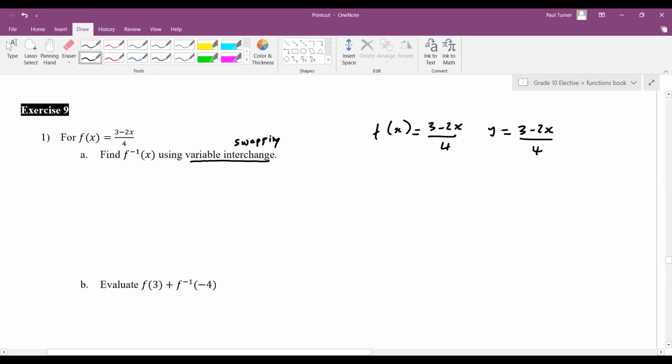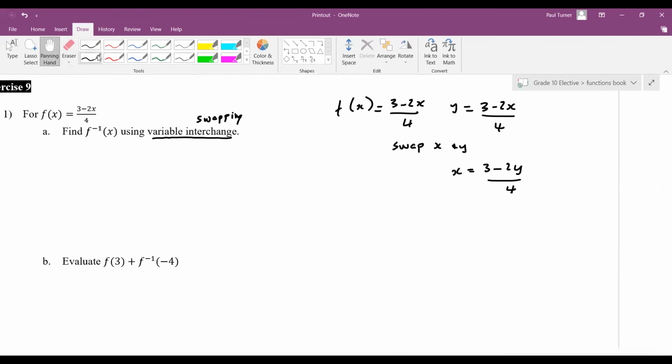Now this is where we swap the x and y, as we did last week when we find the inverse. So you'll get x equals 3 minus 2y on 4. So just swap the position of x and y. So wherever you see x, you write y, and wherever you see y, you write x, basically. So let's cross multiply the 4. And that will cancel that one. So you're going to get 4x